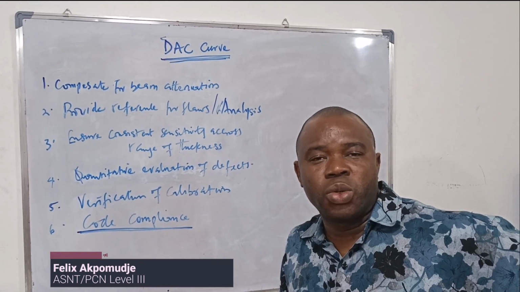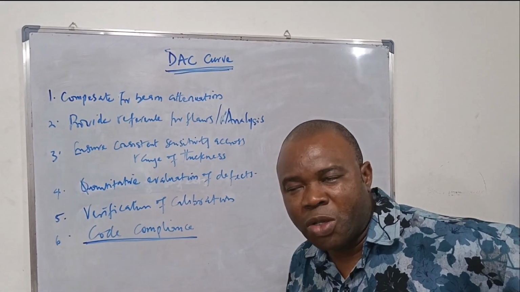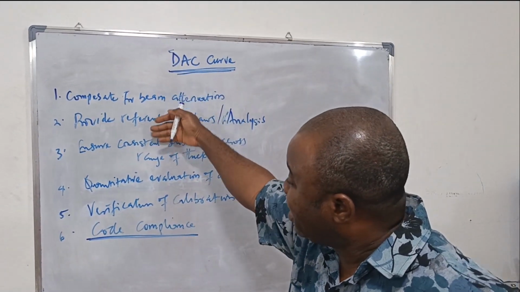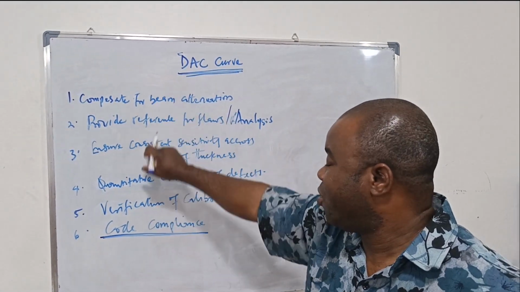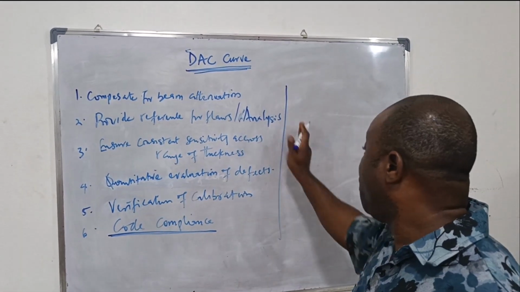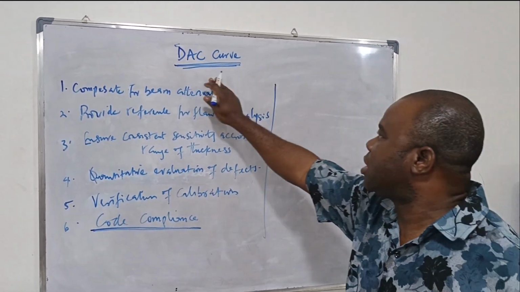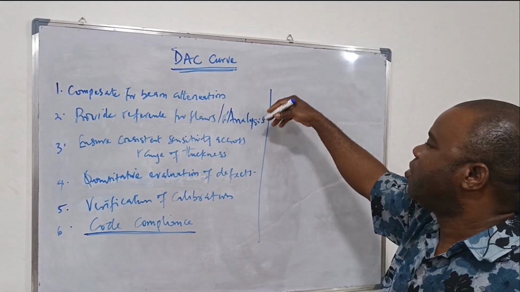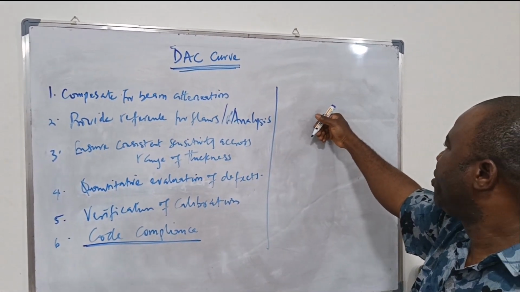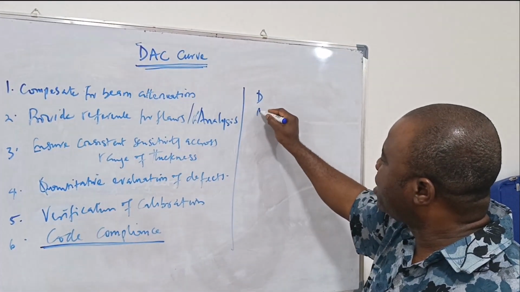Why do we need to plot the DAC? What is the relevance of the DAC? I listed them here so that it's easy for me to explain them. But before we go into this, let's really look at what the DAC curve is and what the rationale behind it is. Normally, the DAC stands for